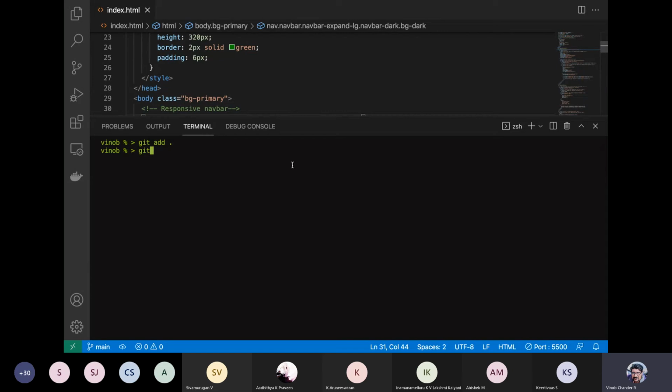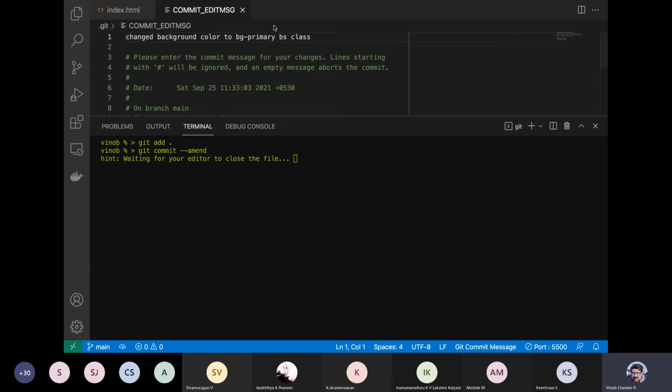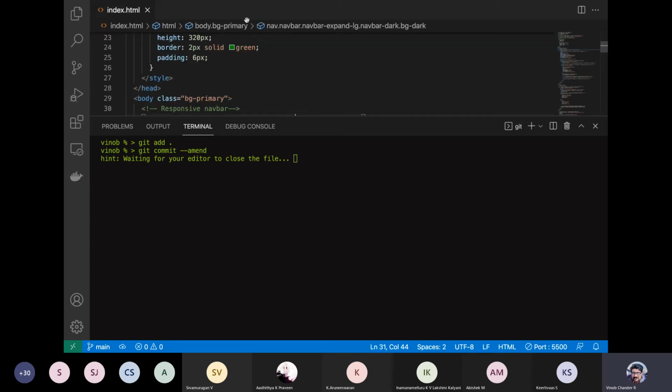So git add, and then let us git commit, but then append it to our previous commit. So let us just do a git commit. Let us not have a new message. I guess we are having lots of messages, we probably need to filter or tune the messages so that we just have the necessary commit messages. We'll do that. So git commit, let us do an amend on the default text editor, and then let us just have this. All right, so we have just made use of the same commit message.